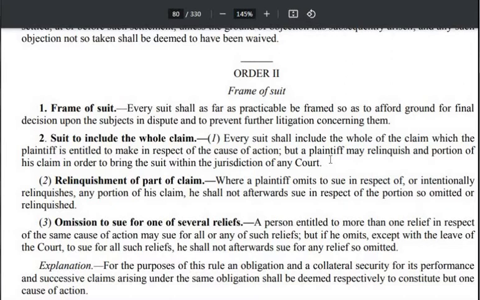So that is the question. तो इसके लिए आप सब रूल पढ़ो, रूल 2 का। Where a plaintiff omits to sue in respect of or intentionally relinquishes any portion of his claim, he shall not afterwards sue in respect of the portion so omitted or relinquished। क्लेम relinquish कर दिया था, छोड़ दिया था, तो बाद में दोबारा सूट करके relinquished portion क्लेम नहीं कर सकते।